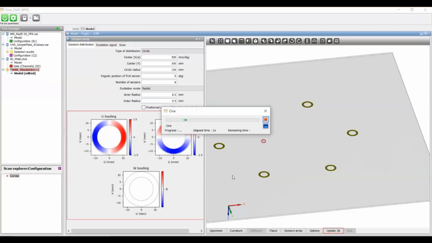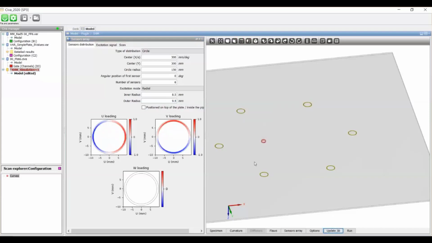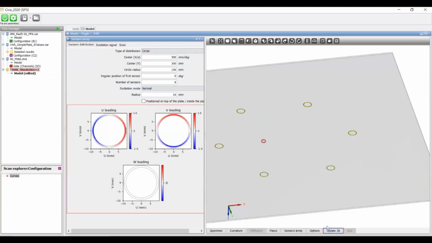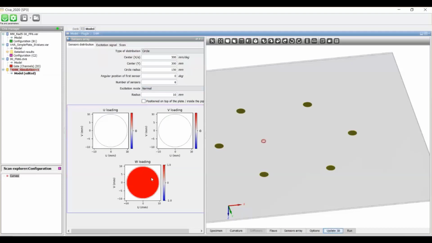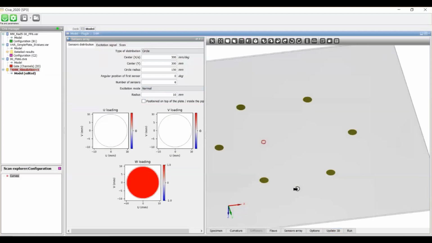A radial loading pattern is typical of low or medium frequency sensors. You can also generate normal loading, so the stress or the constraints are applied in the other dimension, in the depth. You can see this with the graph representation of the loading patterns.